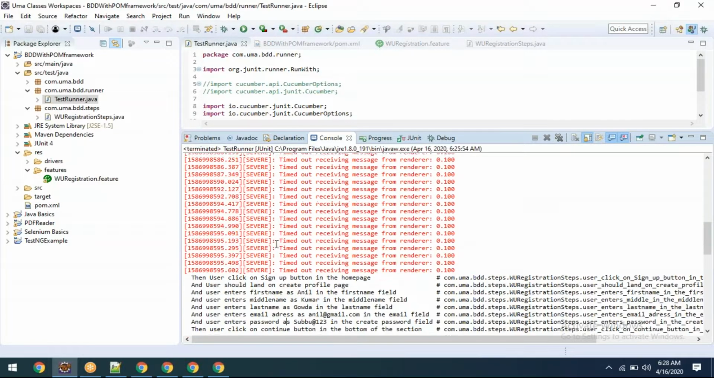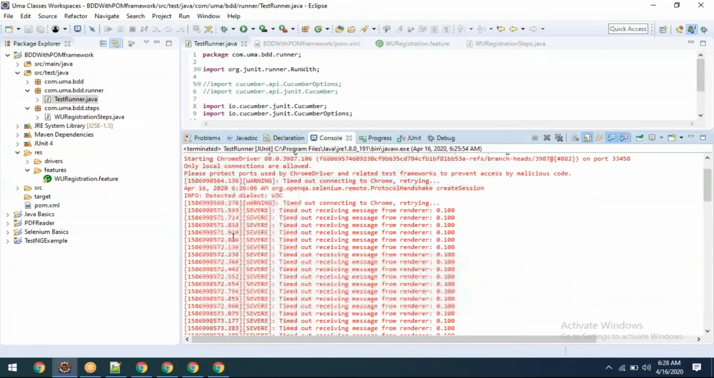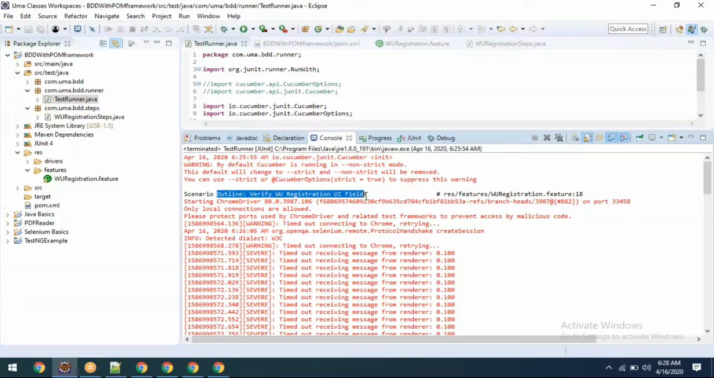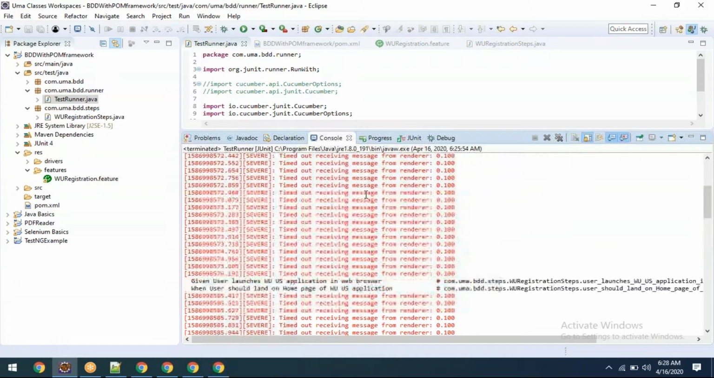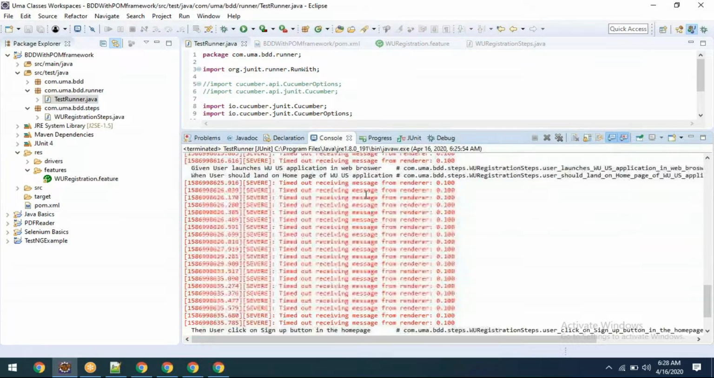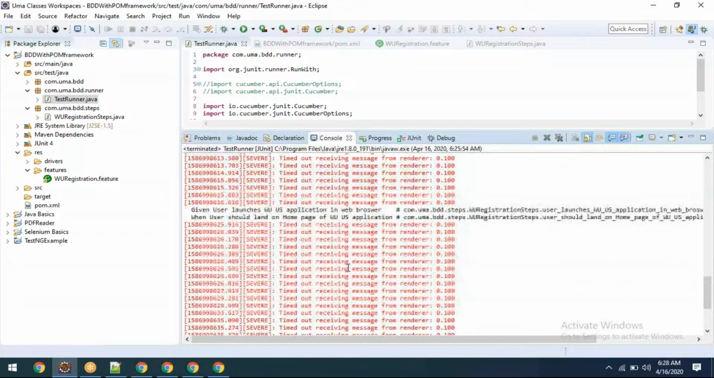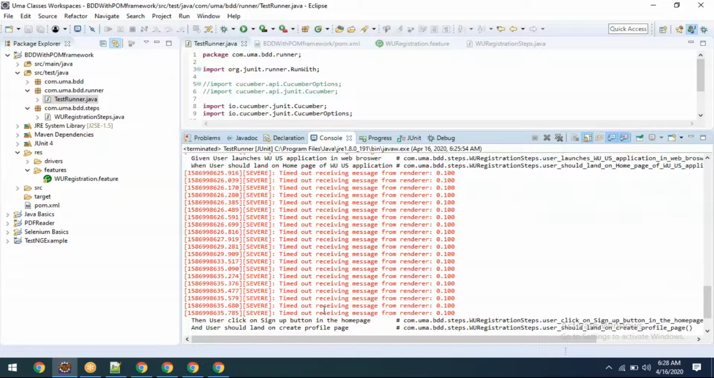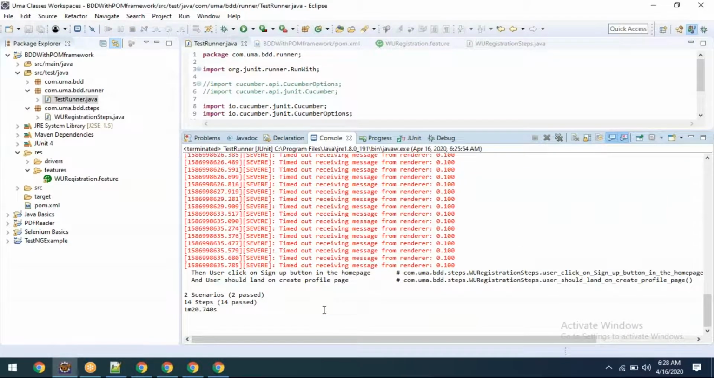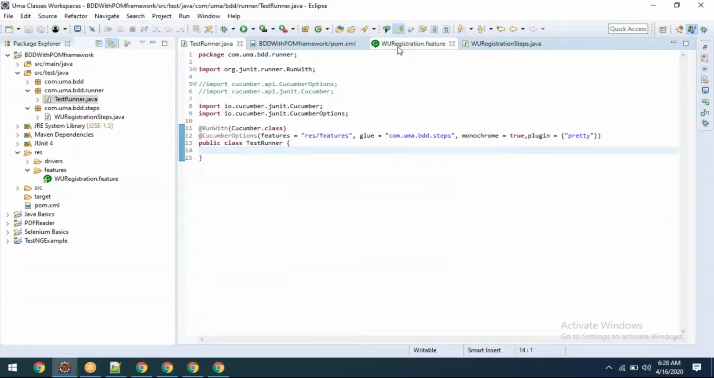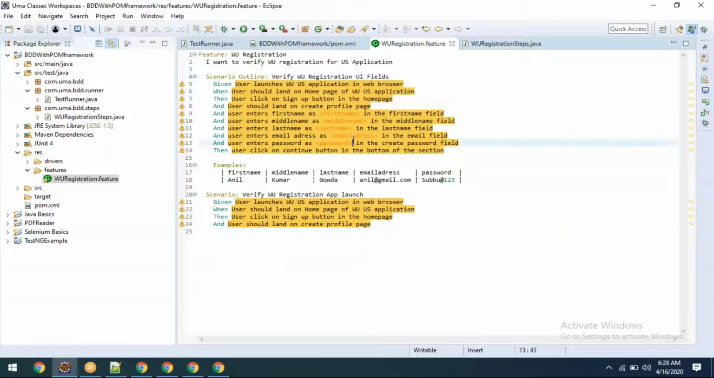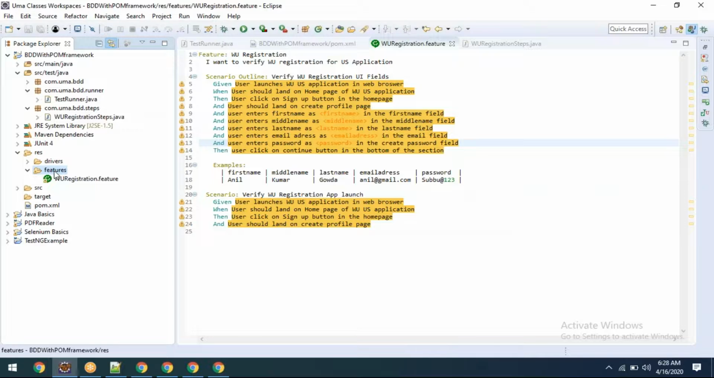The scenario name should be like this: this is the first scenario outline. Then the second scenario, right? If you go ahead and check that second scenario, app launch, it's launched the app and entered 1, 2, 3, 4 steps. You're getting my point? This is how we need to reuse the data. The same way, let's say for example,